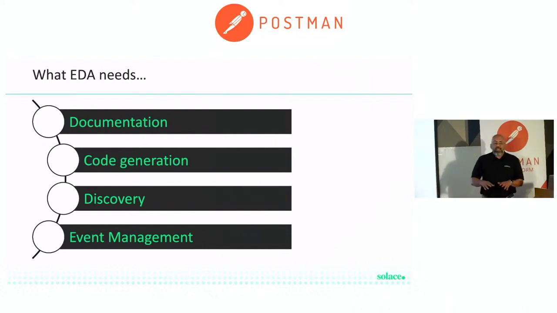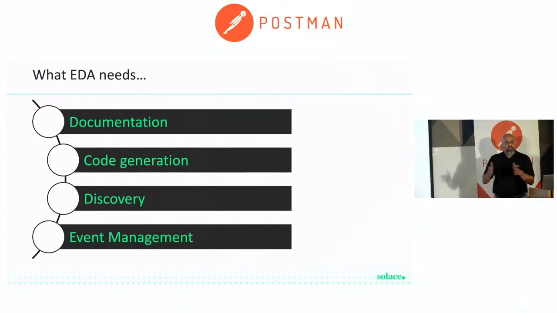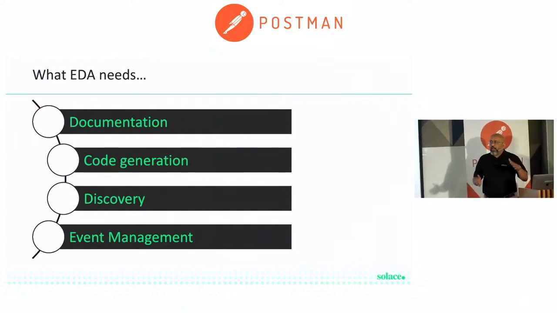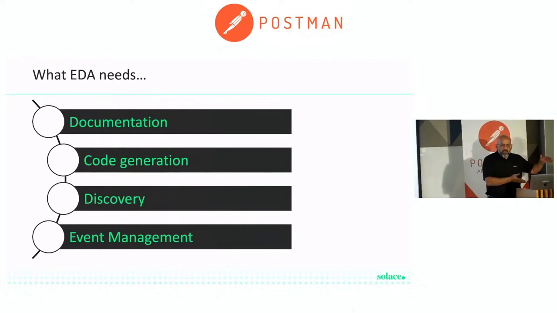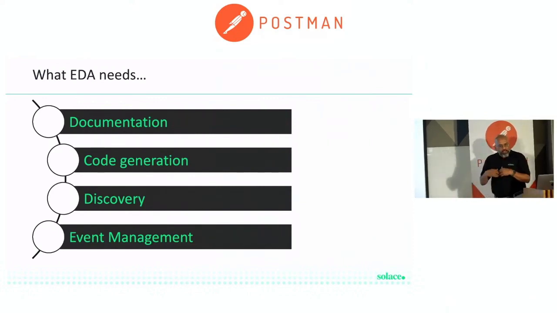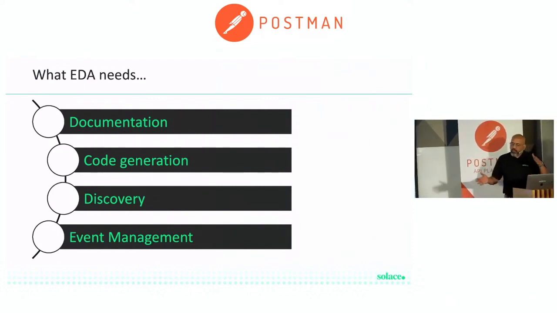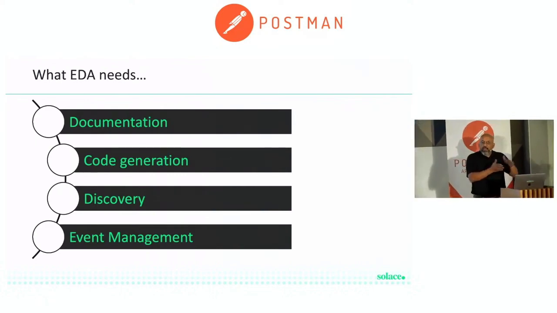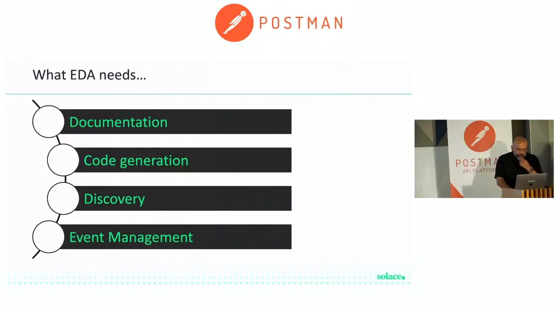And last but not least, event management. Asynchronous interaction is all about events, especially in EDA. How do you manage them? This management is a kind of umbrella word that covers governance and all the way to security, sharing, reuse, and so on. This becomes very specific to the individual product, right? Is there a standard? It's evolving, but rather it's getting unified with traditional API management. But our focus is on the first 3, right?